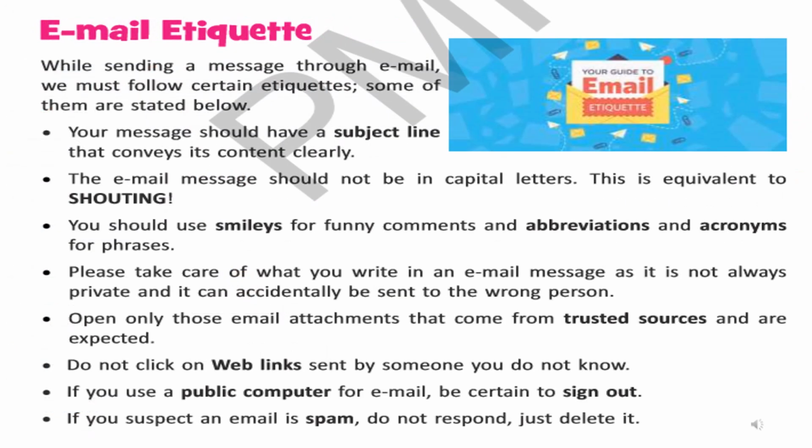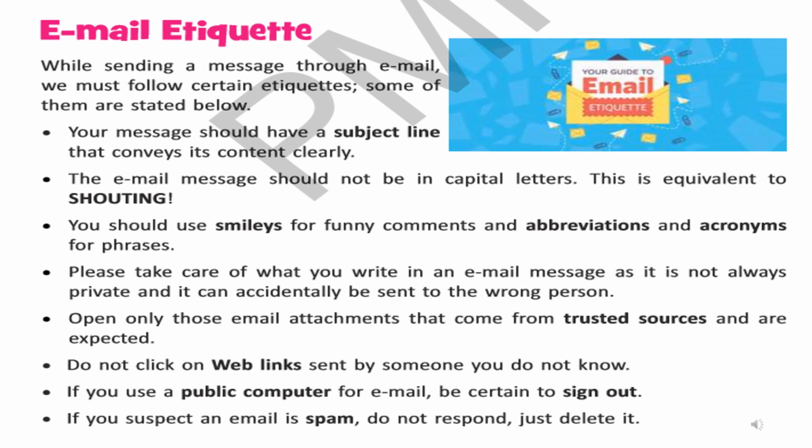Children, here we have a few email etiquettes. Whenever we are using email, we should follow a few rules. First of all, you should write the subject. That is very important.